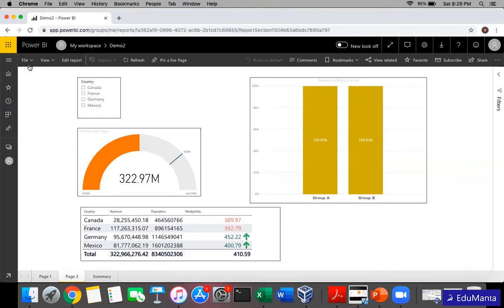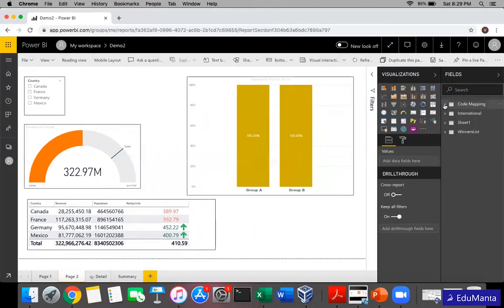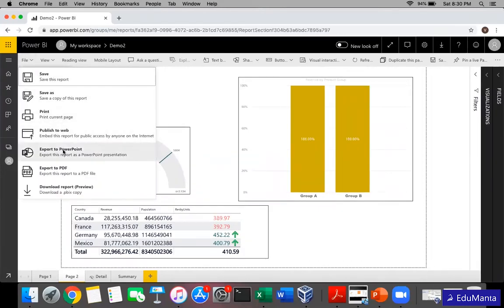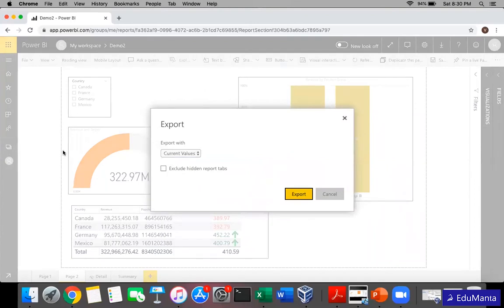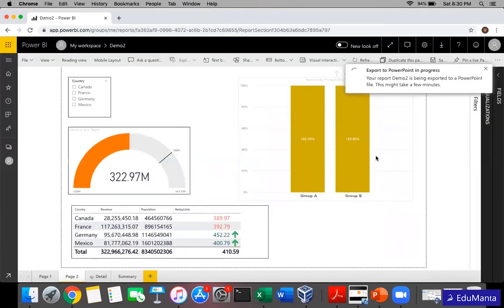But if you are looking to modify any calculation and so on, even if you go to edit report, you will not be able to modify the calculations. Another option is export to PowerPoint. This is useful when we create reports used by high-level business management, such as status reports or financial reports, and PowerPoint is greatly used for meetings and all.